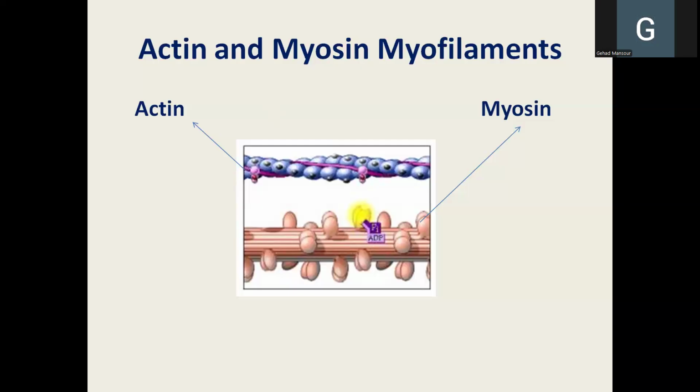So tetany is a state where the muscle is in a continuous state of contraction, either because you don't have enough ATP molecules, so the myosin heads do not detach and stay attached to actin, or another cause of tetany can be hypocalcemia, diminution of calcium ions in the blood,